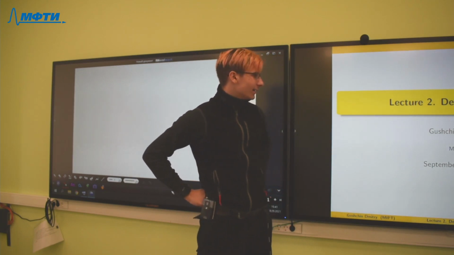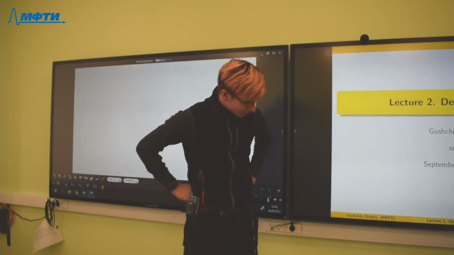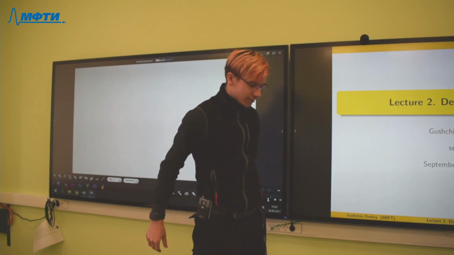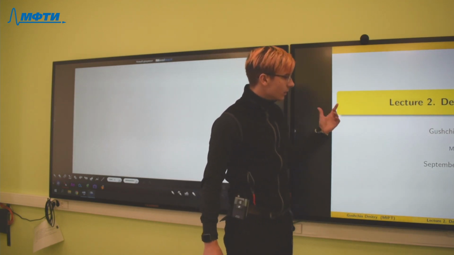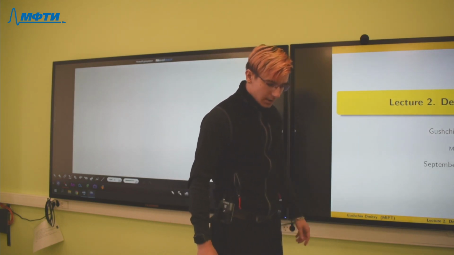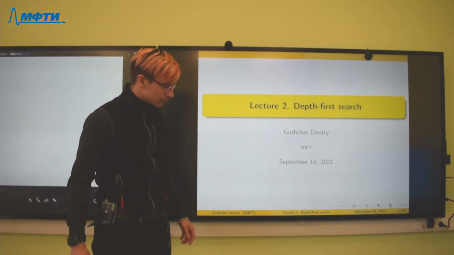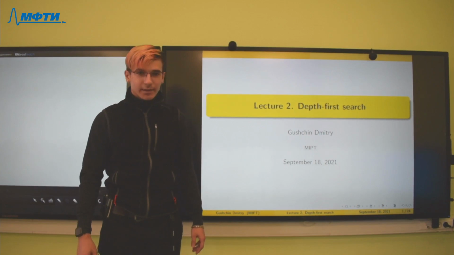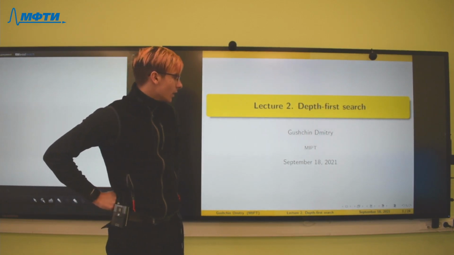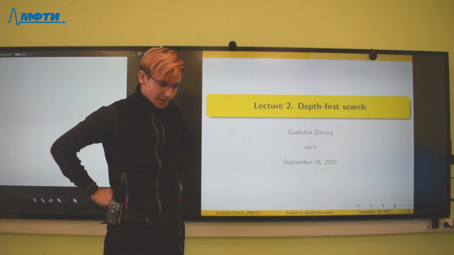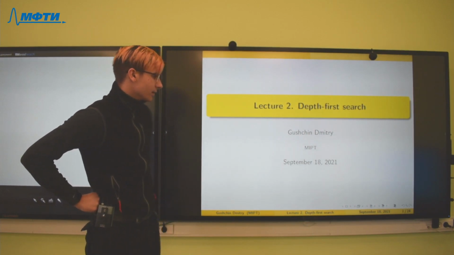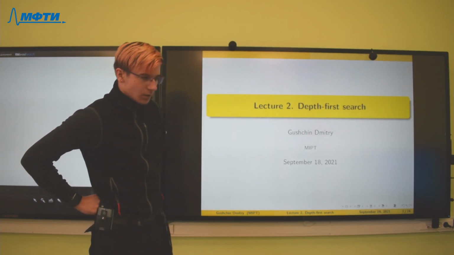Okay. Today we will talk about depth first search, shortly DFS. It's a similar algorithm to breadth first search, but it has a different idea at its center.